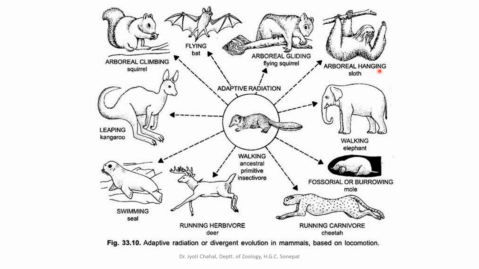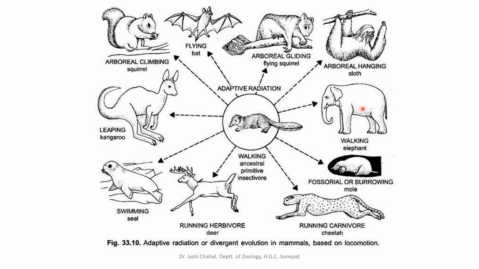Then is arboreal hanging by the sloth. It will hang on tree twigs, tree branches, and its limbs, forelimbs as well as hind limbs, will be having a firm grip, so that will help in hanging. So that is again its limbs performing a specific function according to their shape. So the shape of the forelimbs and hind limbs of the sloth have been modified to support its body weight.